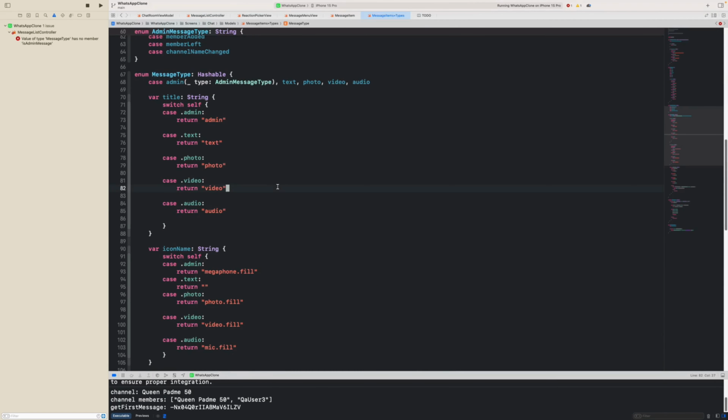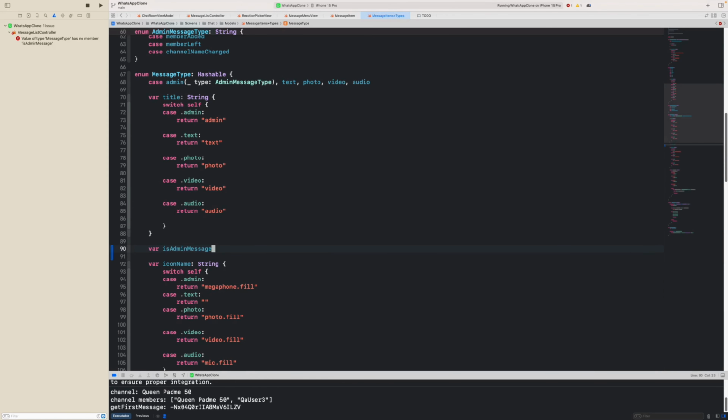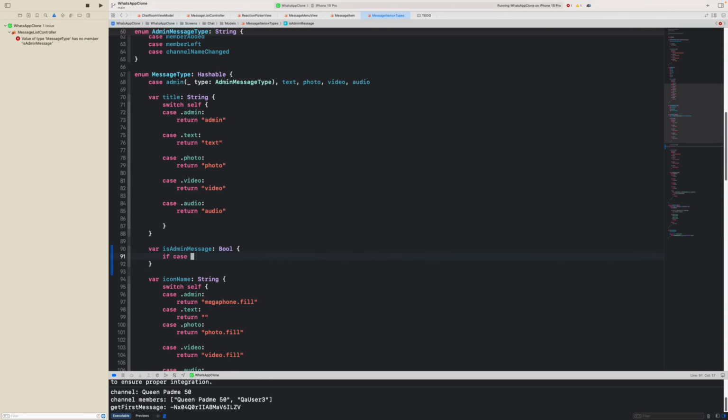Just jump into that bad boy. And right here inside of our message type, which is our message type item, our message items plus types file, I am going to create another computed property, and I'm going to call it isAdminMessage. It's going to be a Boolean property. And I'm just going to say if case .admin,